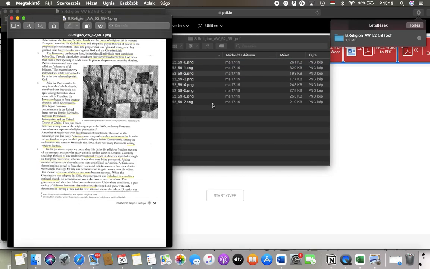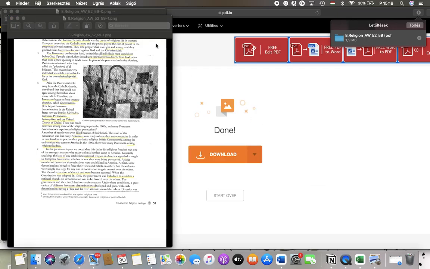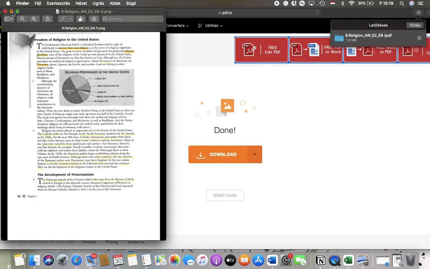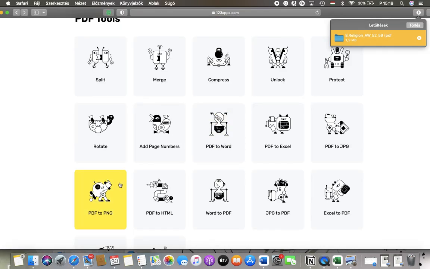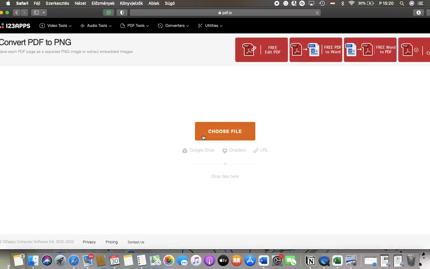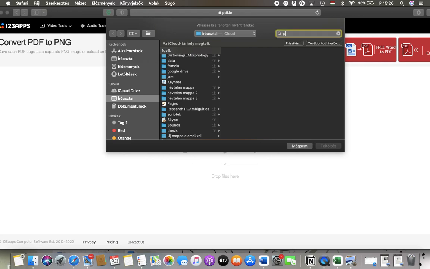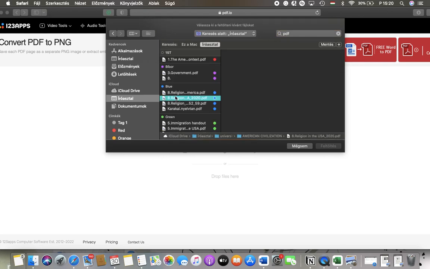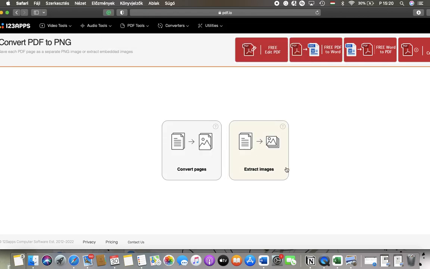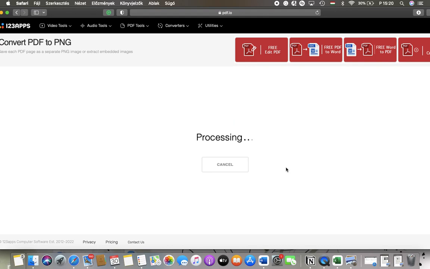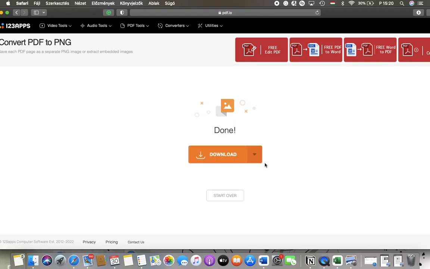If you want to try out the other option, all you have to do is go back, tap on this button, repeat the steps. So select a PDF file, tap on upload and tap on extract images. Tap on download,